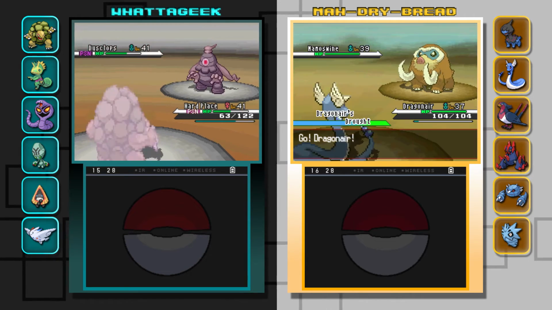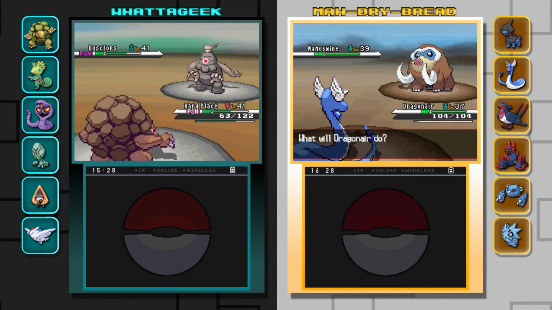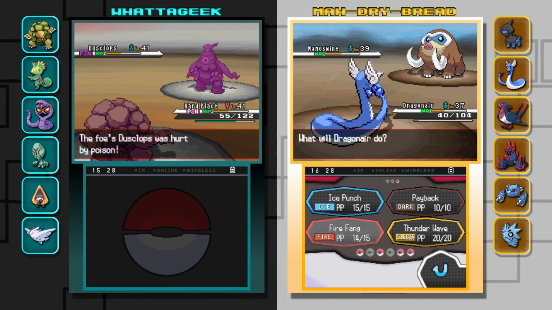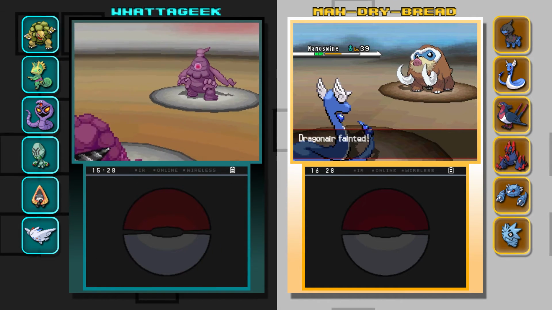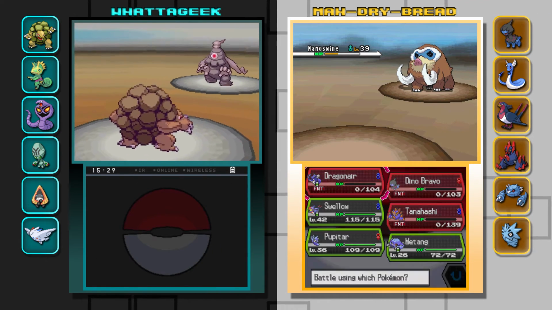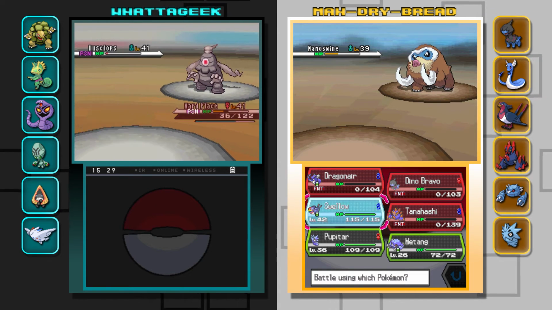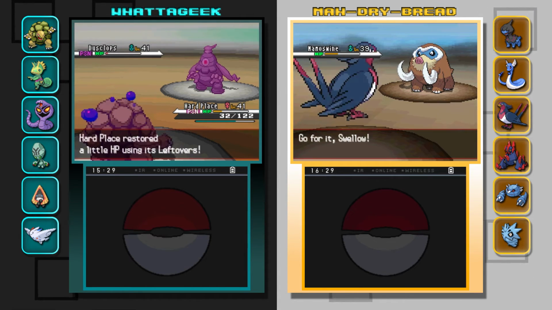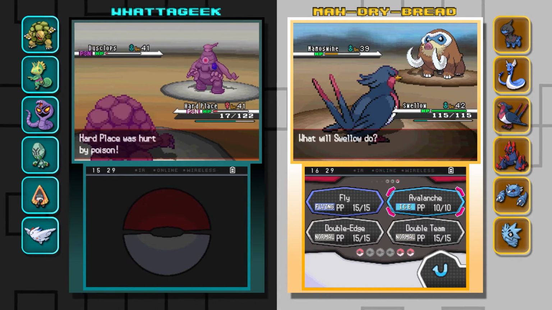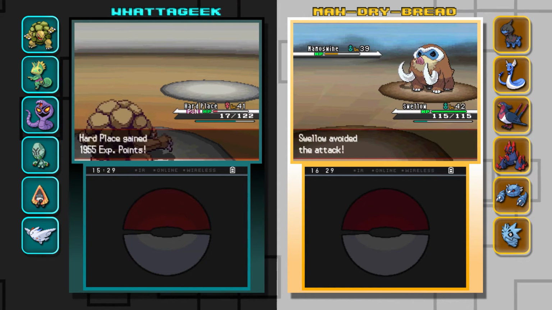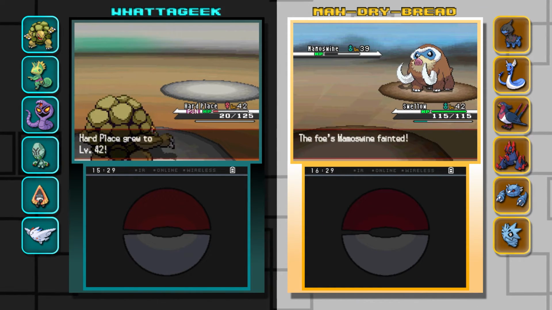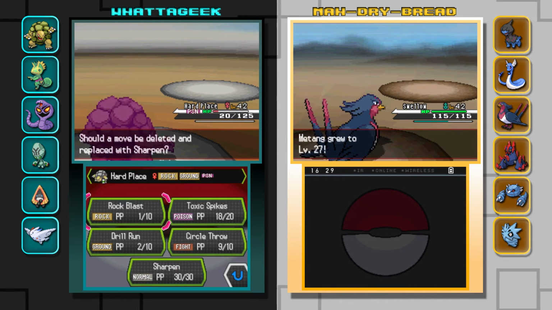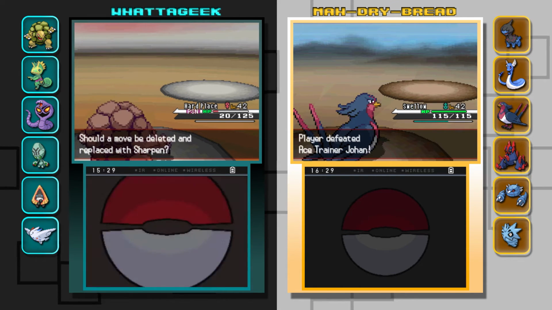Alright, Drought. I'm gonna Fire Fang and hope for the best. It's faster than me, and Earthquake really, really hurts. God damn. And it's 100 accuracy, and it's got Brave Bird. God damn it. This sucks. Random trainers with Mamoswine are the worst thing I've ever fought. And that's 2 kind of in a row so far. Pretty much. They're what, like 3 trainers apart? There, I took it out. At least Matang is getting some levels.